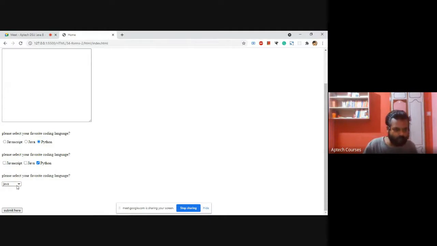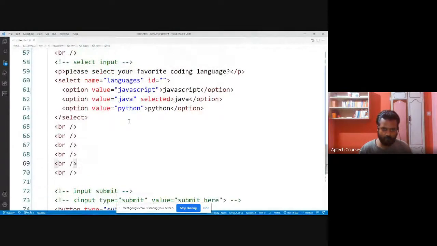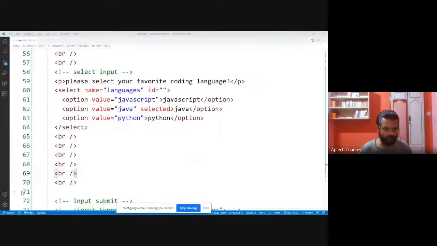Here, drop down. You can select any one option, and I can also make it multi-select. Here I can select any one option. These are all the options: JavaScript, Java, Python. By default, Python is selected. Okay, Java. That is,